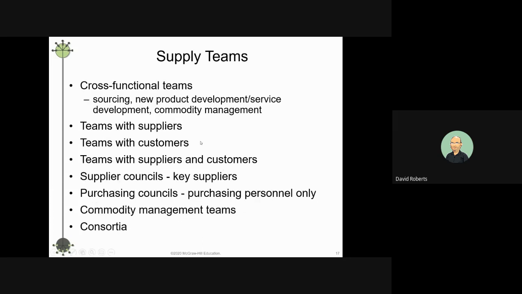All right. Cross-functional teams, especially if you have something that's more complex, even regularly ordered items, you may need to get input because items change. You know, some of the things that we used to purchase you no longer buy, or there's been a shift. So you have to be careful, especially with today's evolving world in technology.